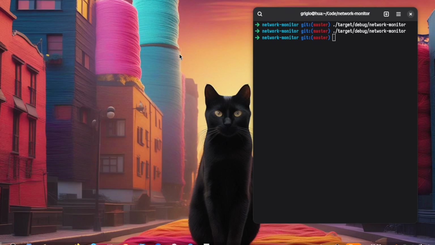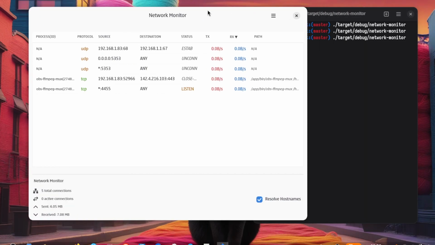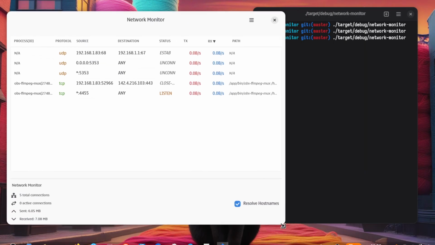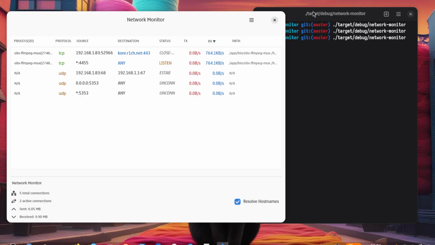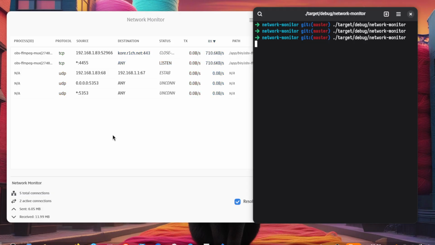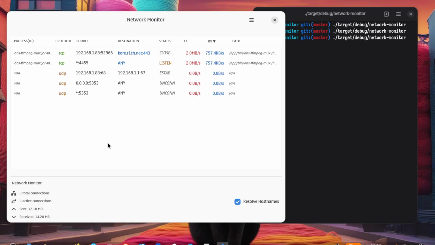Linux is a mainstream OS now, so it means that you have a lot of software, but also a lot of weird software with weird internet connections. So I developed a network monitor, which is a tool for Linux desktop to inspect what is happening in your